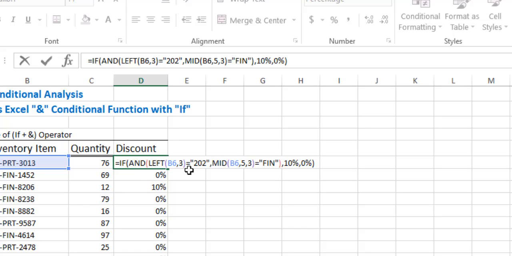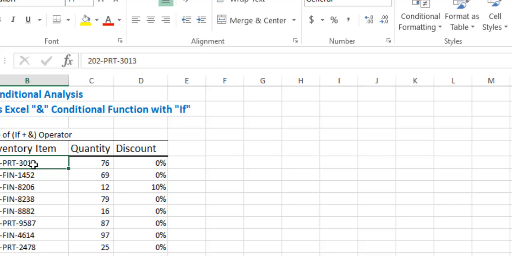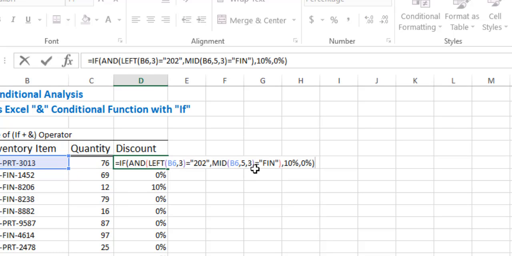If the first three characters are equal to 202, and the second condition is we use the MID function, and in the MID function we want to find out, in this B6, 5 means count from the left side, 1, 2, 3, 4, 5, skip these 5 characters, and begin after these 5 characters, and take 3 characters, and then find out if the 3 characters are equal to final inventory, whose short code is FIN